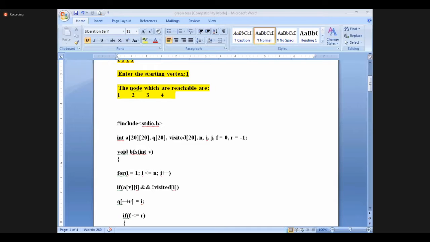After that we will come to 2 and see what is adjacent to 2: 1 and 3 are there. We look up the visited array, both are visited, so we never visit. Then we will come to 3 and see adjacent vertices 2, 1, 4, and understand from the visited array all are visited, so we will stop. Then we come to 4 and see adjacent 1 and 3, which are also visited, so we stop the visiting.